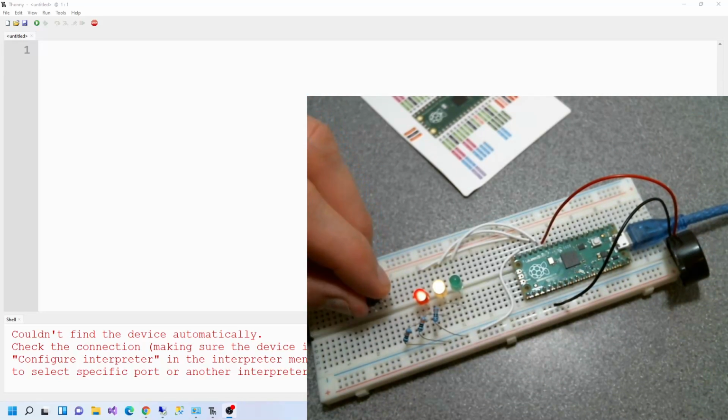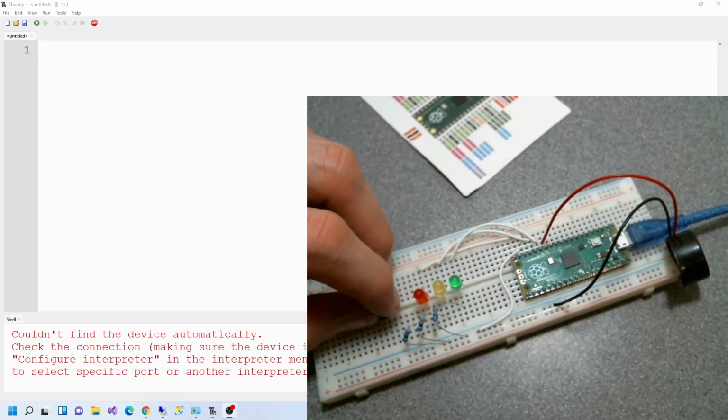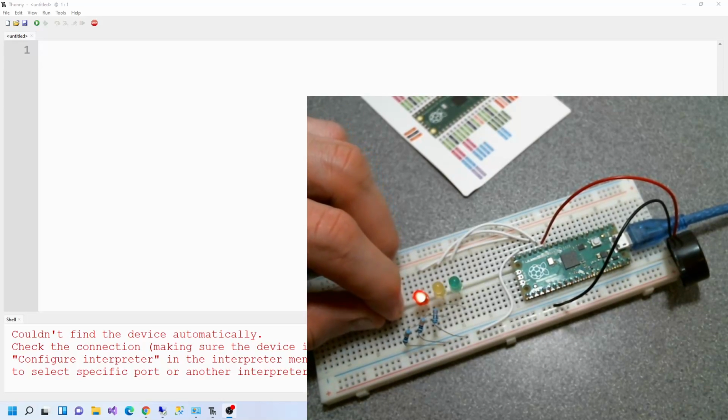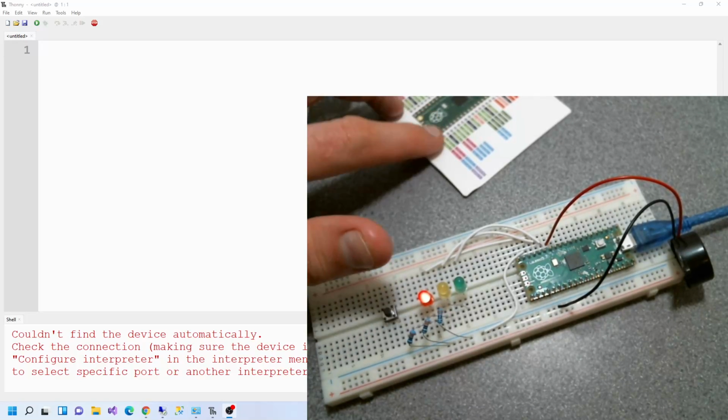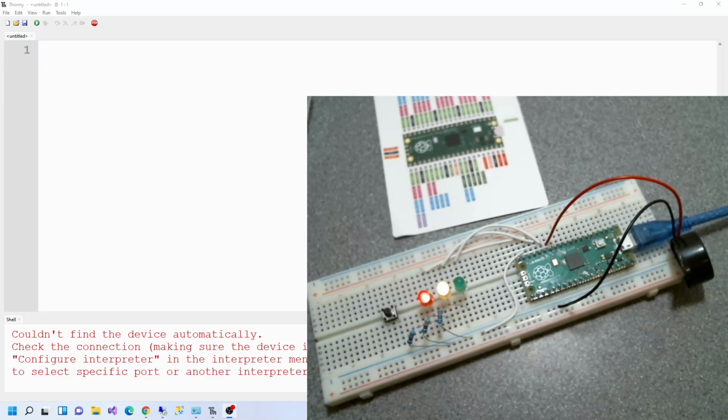Now we need a button. So I guess I'll go here. That should be fine. Now I need some wires. Now, the button, what do I want to do with the button? It's an input, so we need one side to be the voltage, and we need the other side to go to a pin. Now the next pin, we need to skip one, so